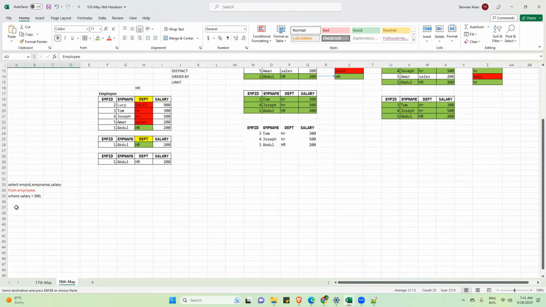I repeat, those who are very new to SQL, please ask questions. Don't think that your question is silly, or what others will think. Whatever question is coming to your mind, whether it is silly or stupid for you, for me all the questions are important. Please ask. SQL is a game changer these days in the IT industry.